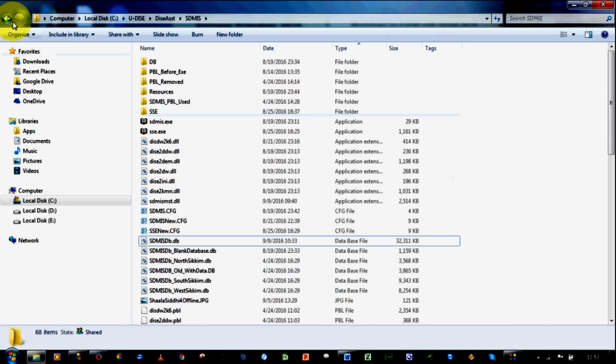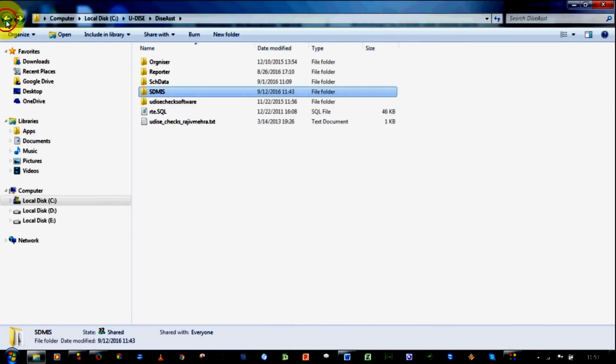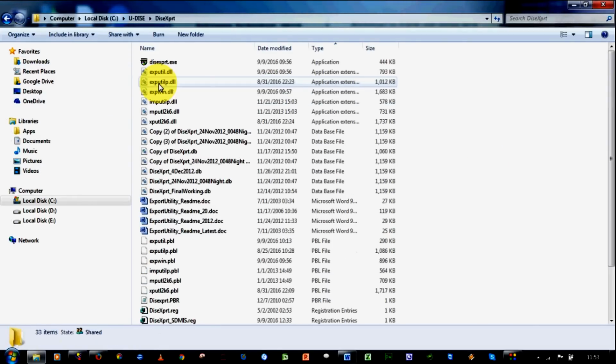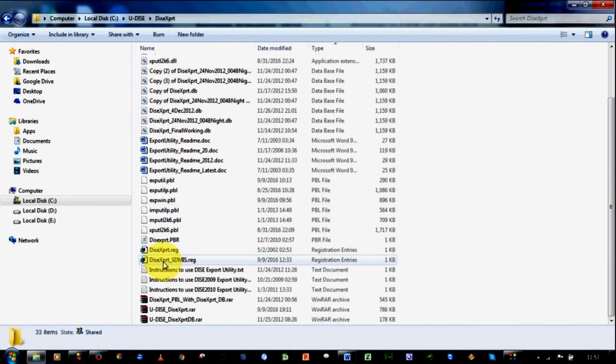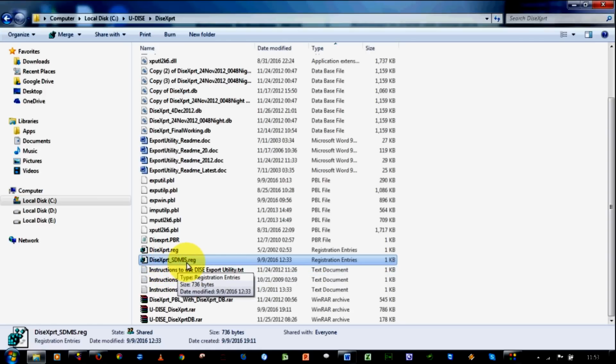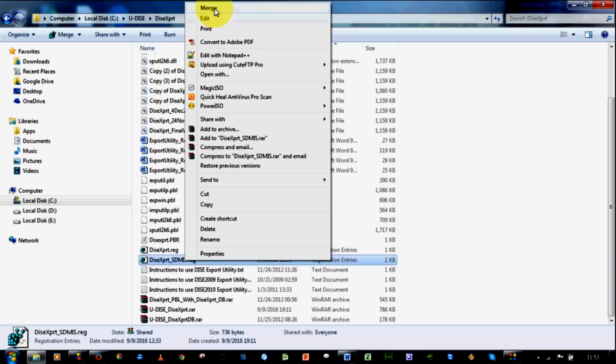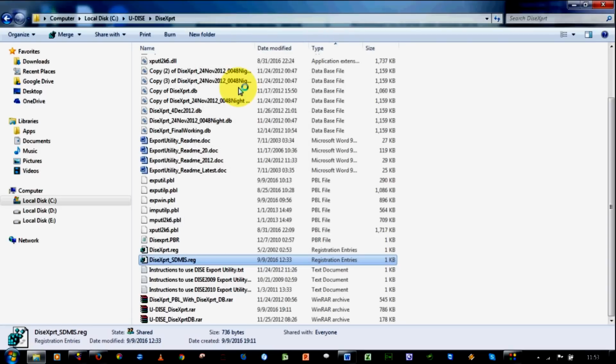Still, if you face any error of database connectivity while using the DICE-XPRT module, then there is a registry file, the DICE-XPRT_SDMIS reg file. Just right click on it and click on Merge in your machines.